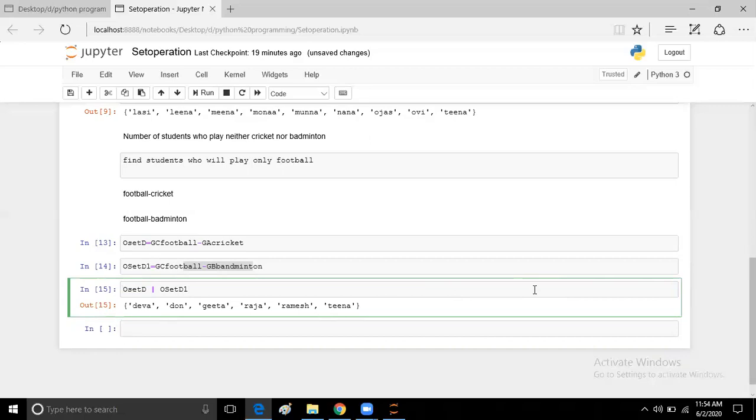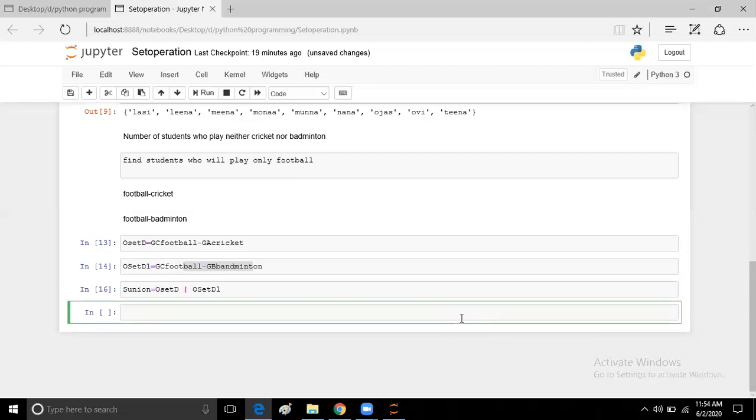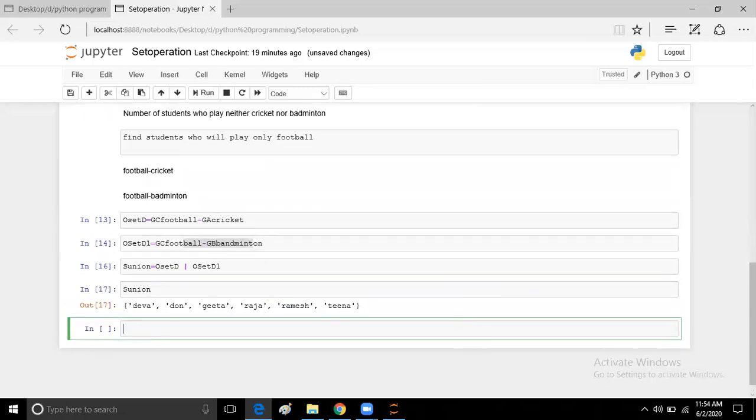Then the OR operator is nothing but we are trying to show the set union. So you can give a meaningful name to this operation, set union, and press shift enter. And here you can display the output with the variable. Yes, you will get the same answer. The only benefit is that when you store the output in a third variable, you can use that third variable for further processing. If you don't want to process that variable with further operations, or there is no need of such a variable in your next procedure, then you can simply avoid it.